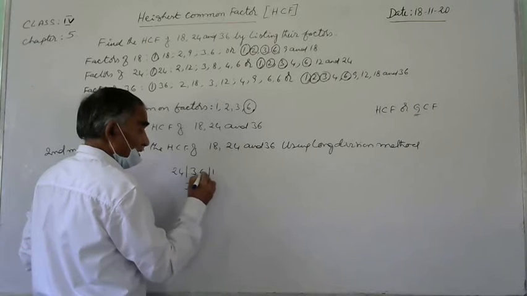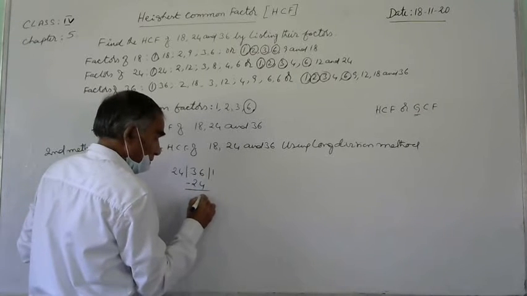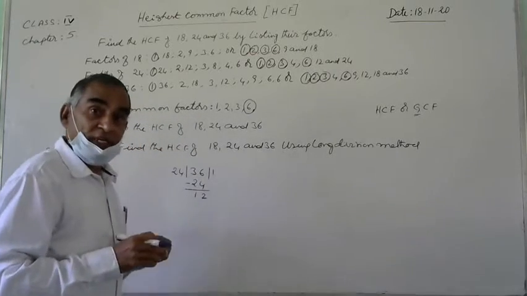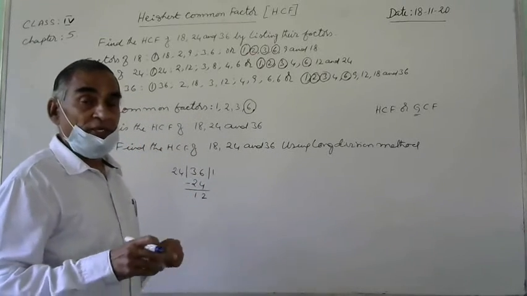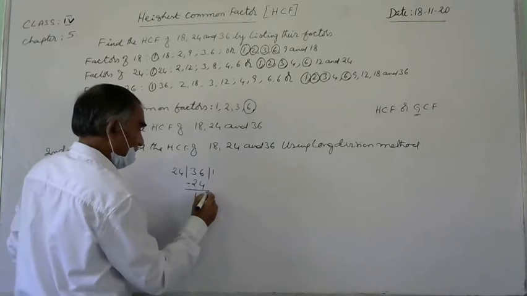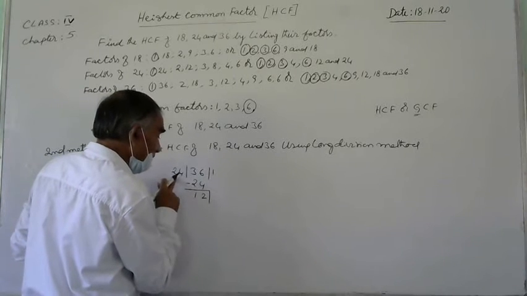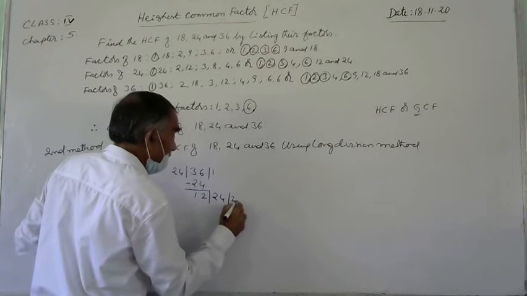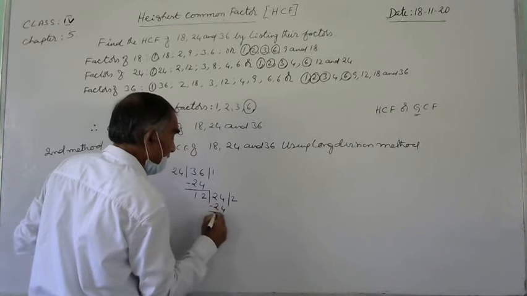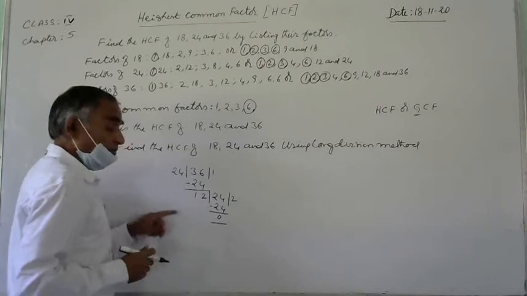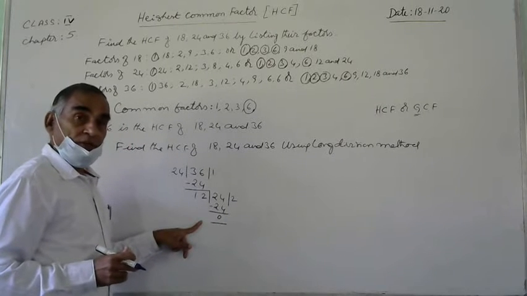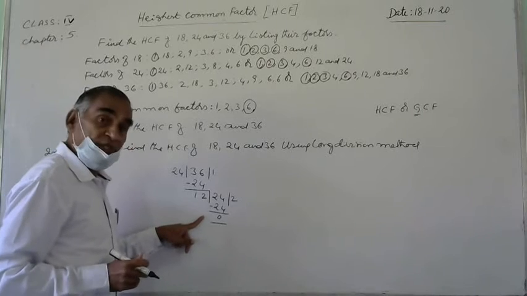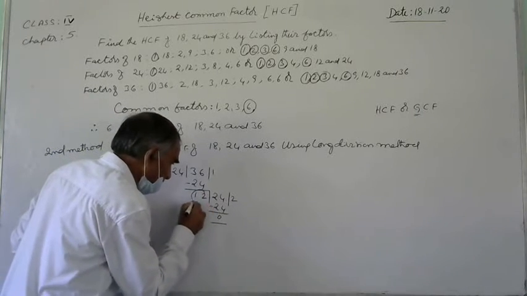36 minus 24: 6 minus 4 is 2, 3 minus 2 is 1, remainder 12. फिर जब तक ये डिवीजन करना है, until and unless you get 0 as a remainder. Then 24 को 12 से डिवाइड करना है. 12 2s are 24, and we got 0 as a remainder. By what divisor you got 0 as a remainder? 12 से मिला.